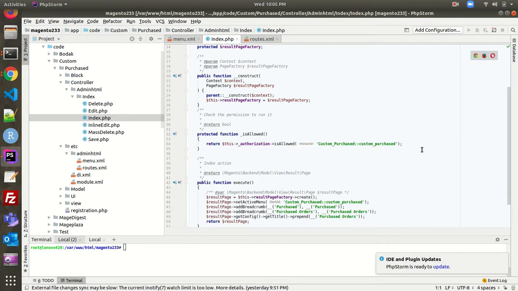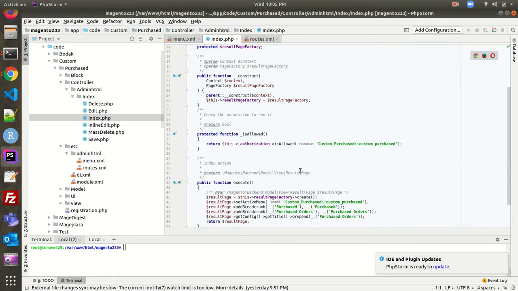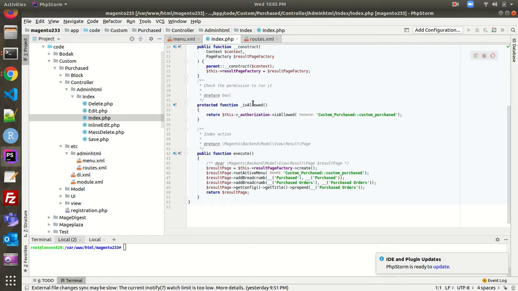If you can see, this is the constructor of it, and this is the authorization check, meaning you are giving permission to run this particular module. This is the main method that is going to be executed whenever you click on that particular submenu.